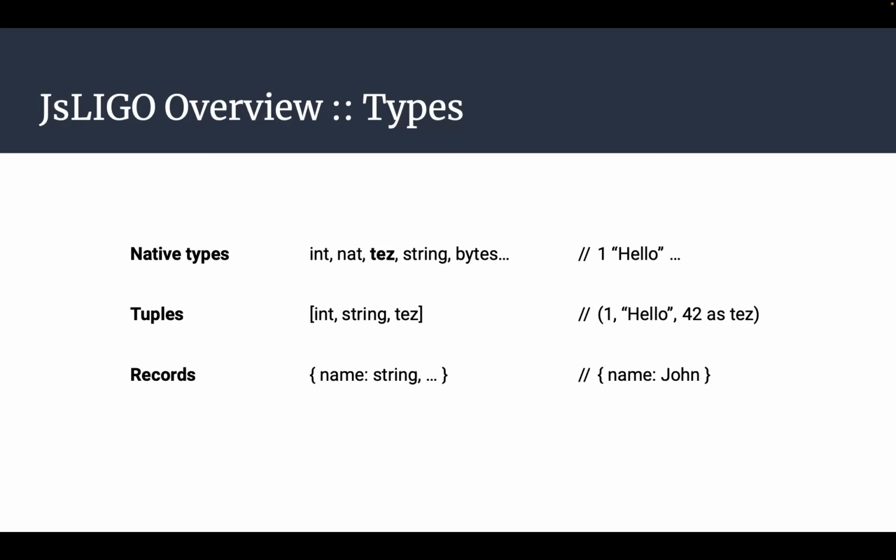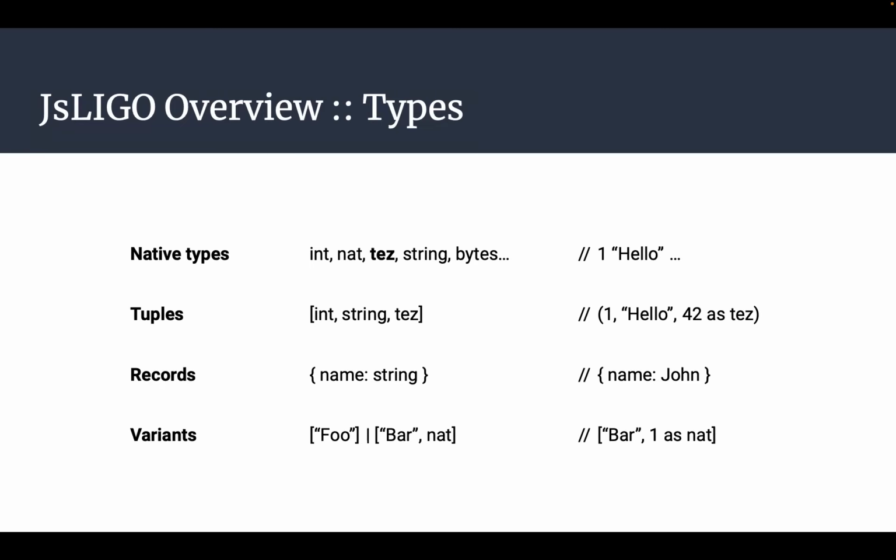We also saw some records. So here I define a record with a name. The dot just means that I don't express the other attributes. This is not a syntax element of the language. And we have records, so we have values which are related and linked to a key. So you just have to use the key in order to retrieve the value in a given record. The order is not important, which is not the case in the tuple, as we saw during the first day.